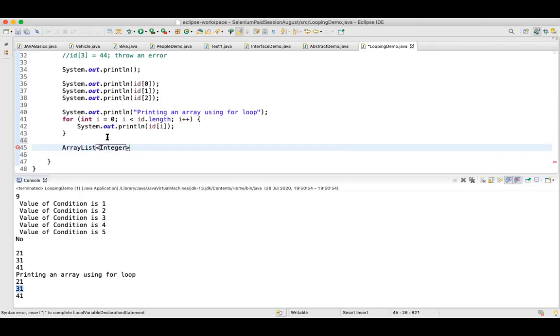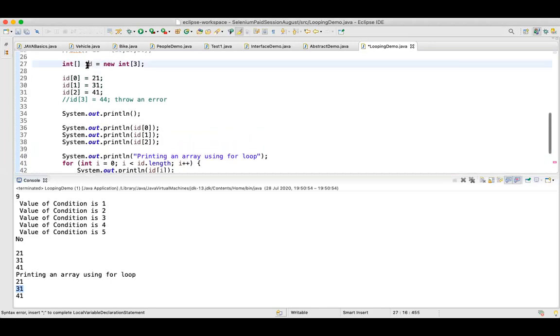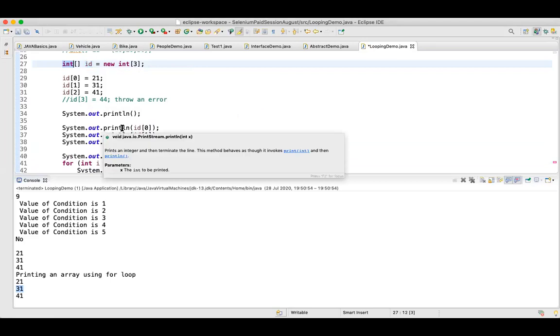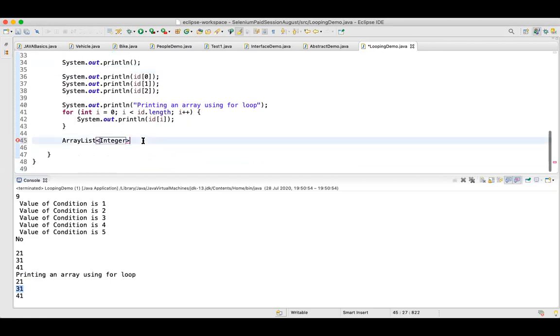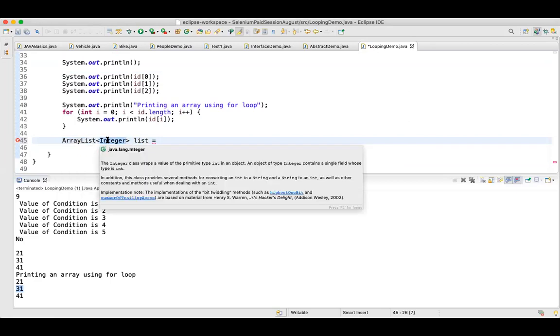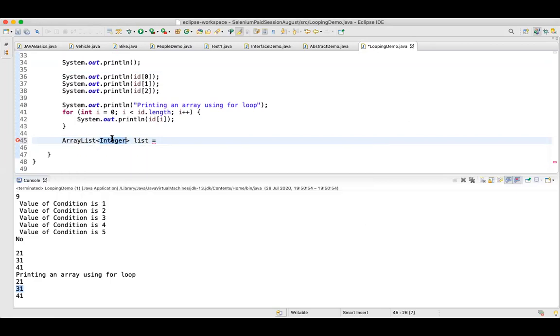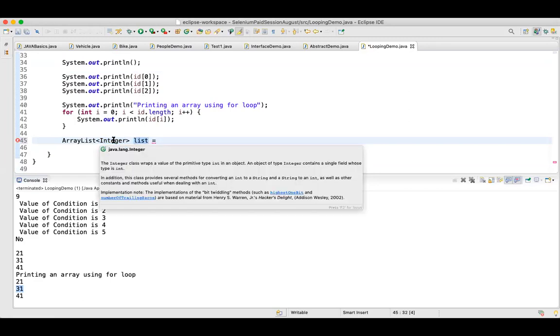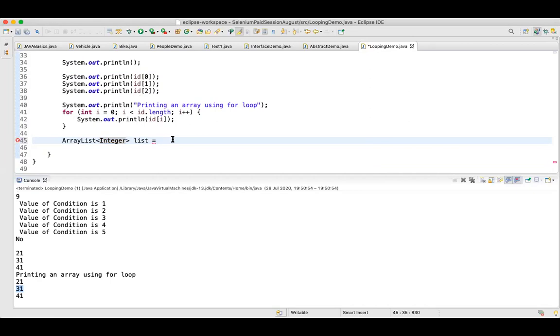And when you define an array list for any variable, for example ID, you have to define the data type. Any variable in Java, you have to define the data type. So if I create a reference variable, let's say list, I'm naming it list because it can contain multiple values. So this list is of type array list, and you have to define the data type. By data type, I'm strongly saying that this list will contain only those elements which are of the type integer. So I'll say ArrayList<Integer> list is equal to new ArrayList.